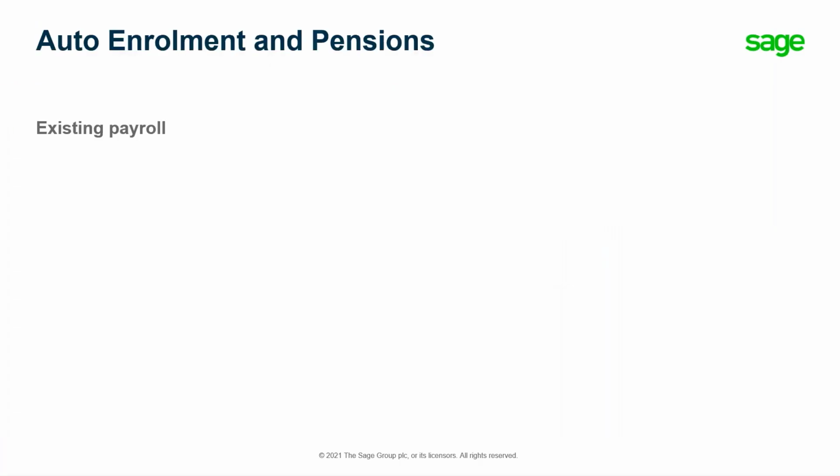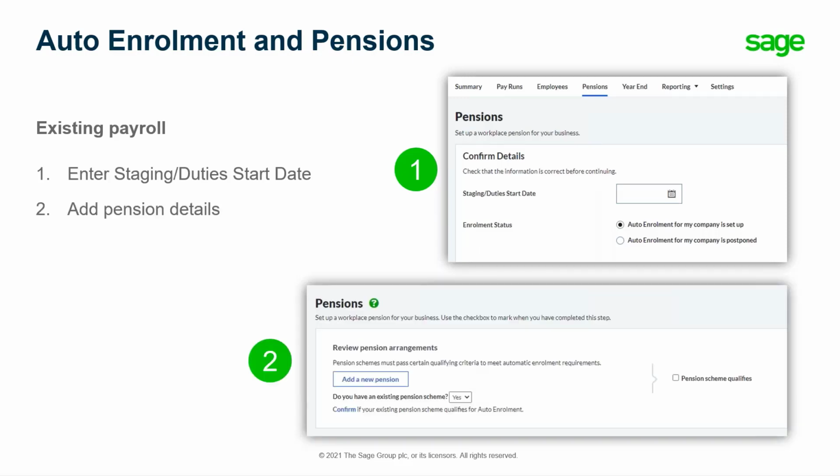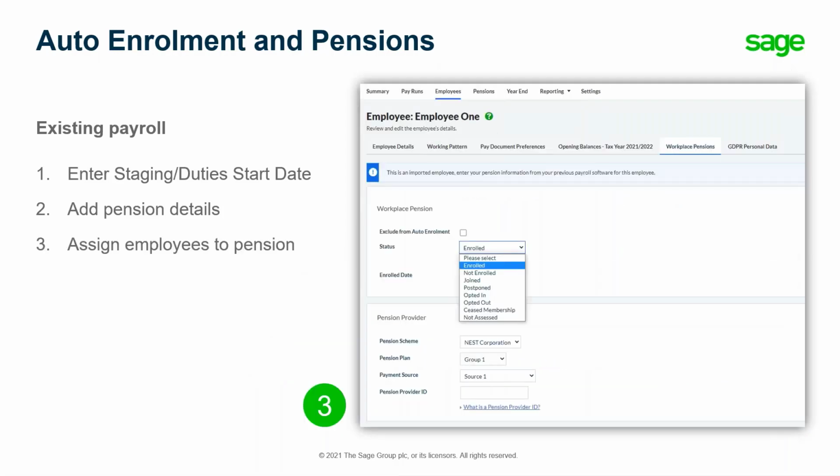Auto enrollment and pensions. So for an existing payroll, the first step was to enter your staging or duty start date. You then added the pension details. And then we needed to assign the employees to the pension, set in their status and the date they joined, for example. The way that that's different for a new company